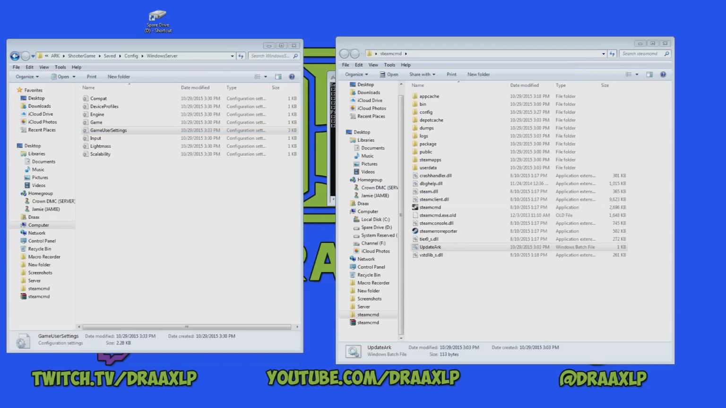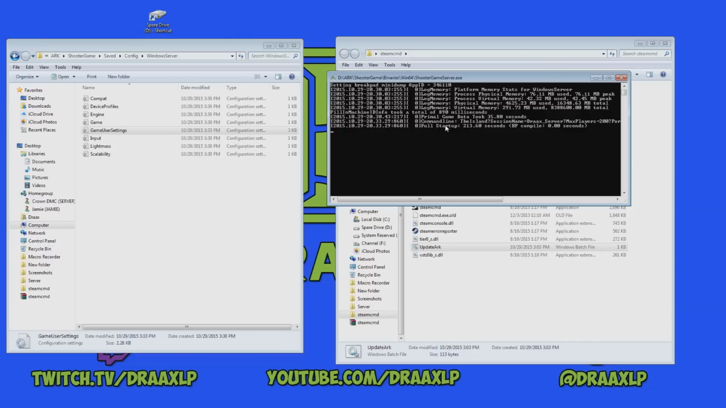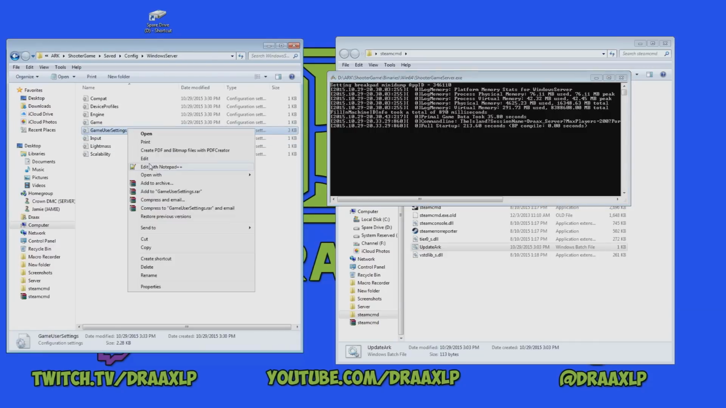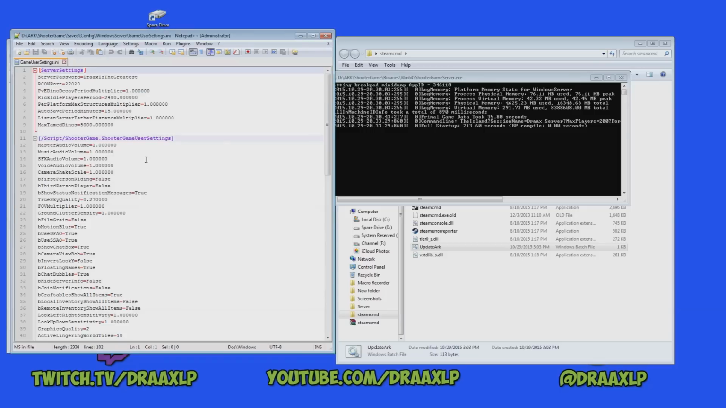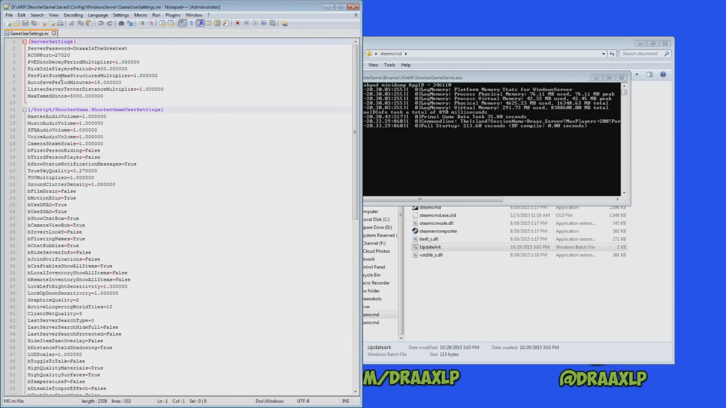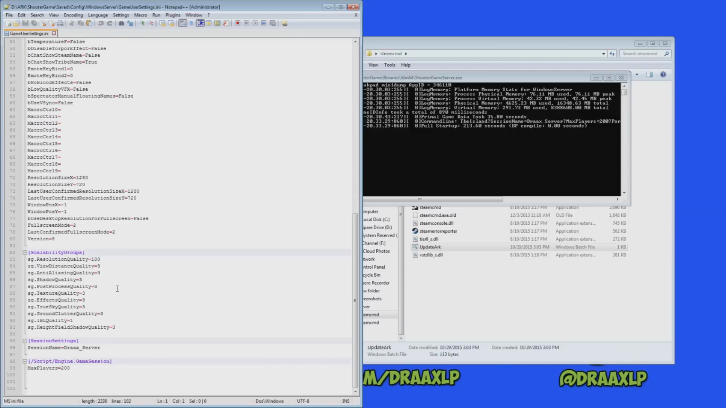All right, guys, the server is up and running. You can see it back here. It says full startup in 213 seconds. So now we have our GameUserSettings file, and it should be populated with everything we need. There it is. You can see ServerSettings right there at the top, and it's all set to go. So this is where all of the server configuration is going to go. There's some stuff down here at the bottom, like your session and your max players, but most of that was set in the server start command,